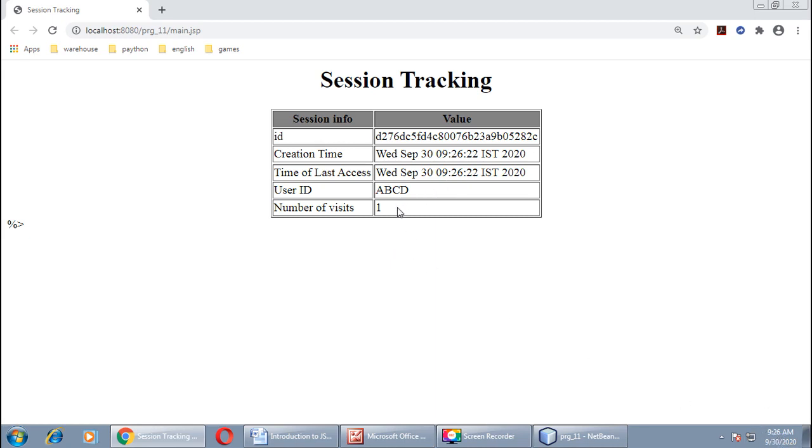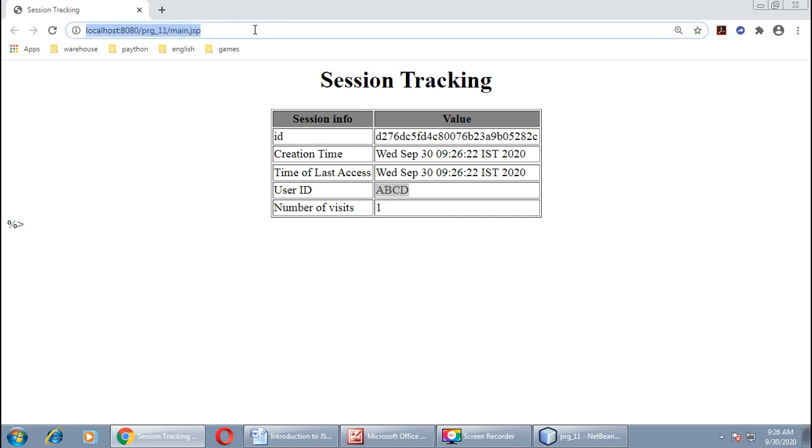Then the time of last access, both are the same. The user ID is ABCD for recognizing this particular user. Here the user is me, and my name is ABCD. I have visited this page for the first time.